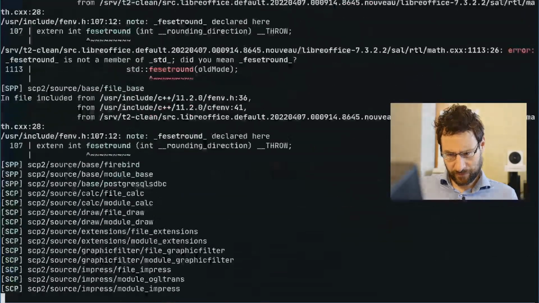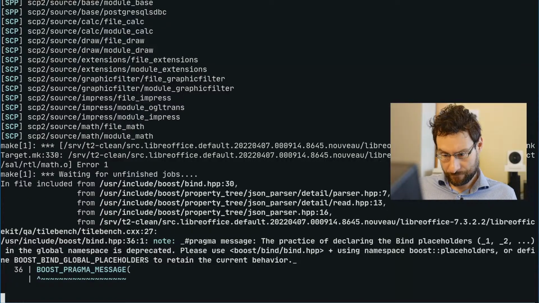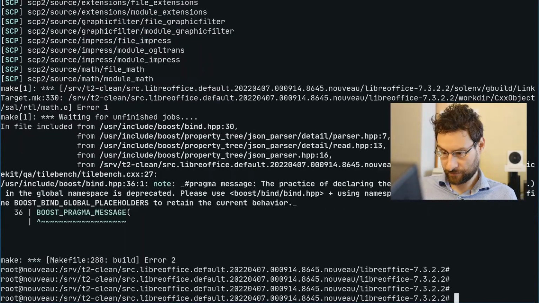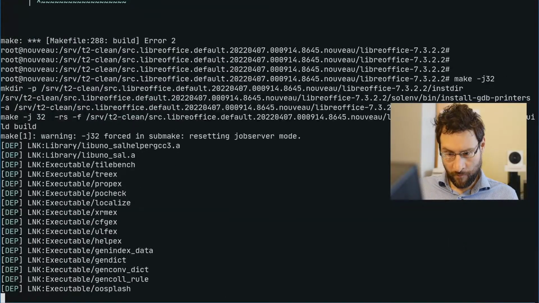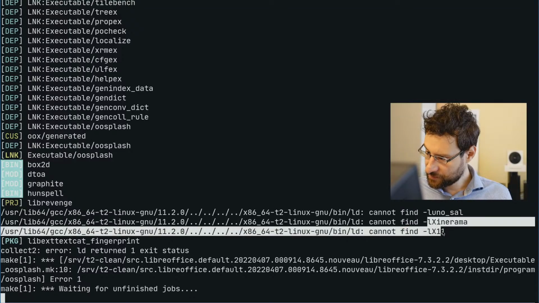Here's this libuno. Here's stuff still building. So in principle, it doesn't find libx11. Okay, this is probably its own fault.